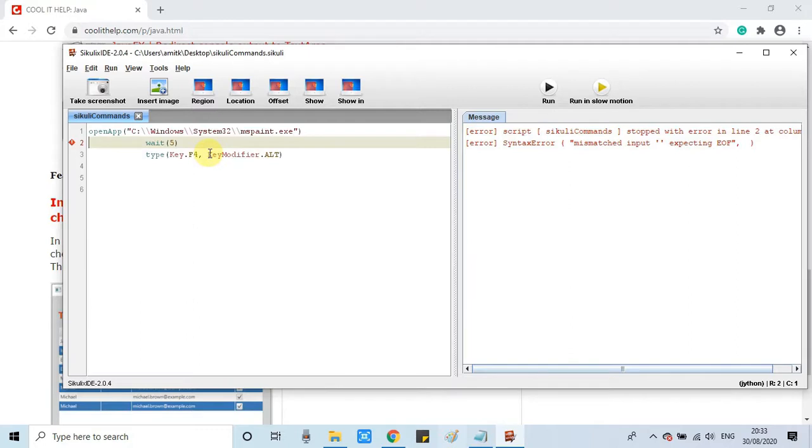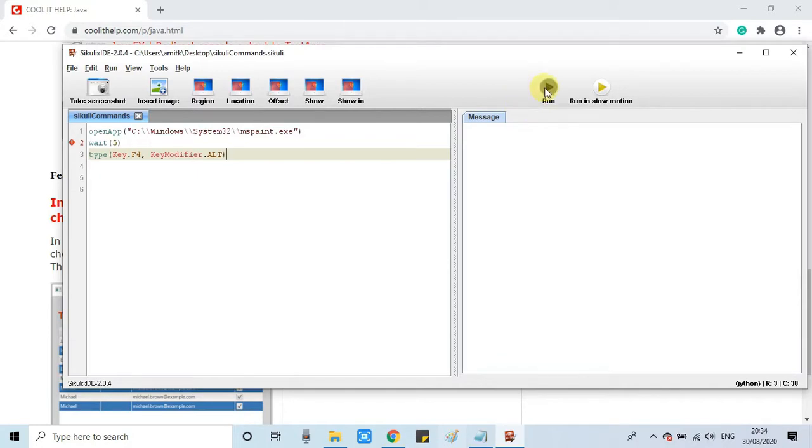So we have to go on the very left. For the statement 2 and statement 3 we have to remove some extra space, because this is the Python syntax, so we have to understand it clearly. Now each statement is independent. In the previous case that was assuming that the wait is a part of open app.